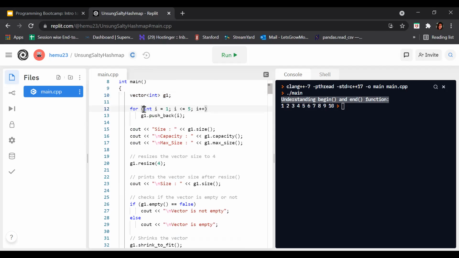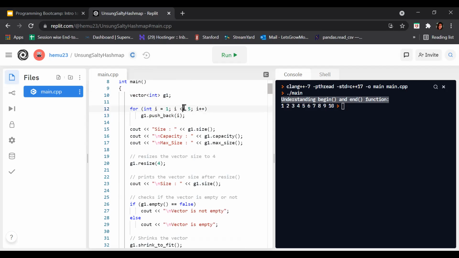This is the initialization statement, int i = 1, which says create an integer variable i and initialize it to 1. After that, this is the test expression, i should be less than or equal to 5. If this test expression is true, this code will execute, and after that i gets updated by the update expression i++, which increments i by 1.